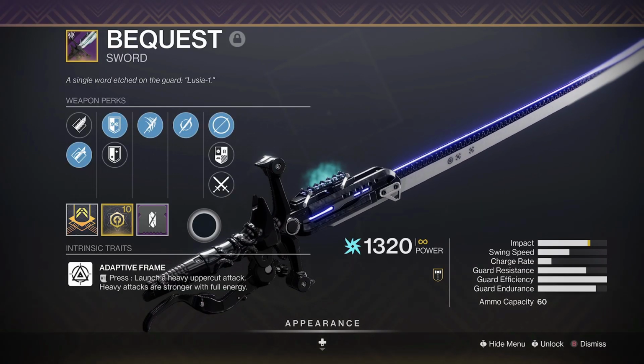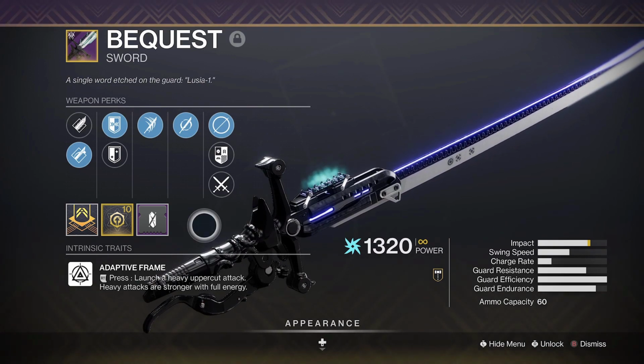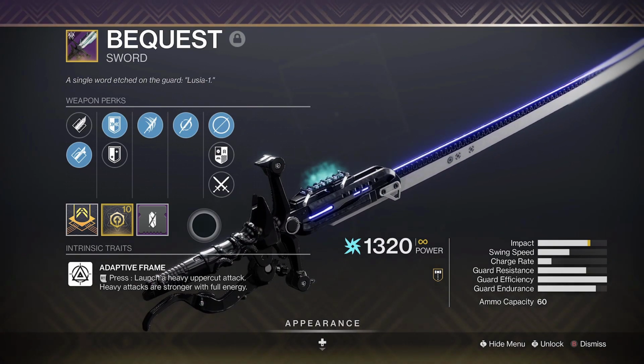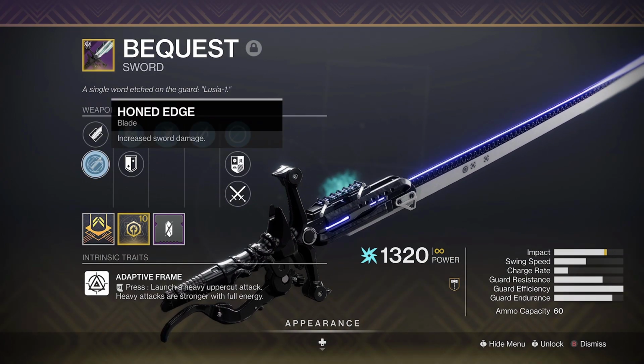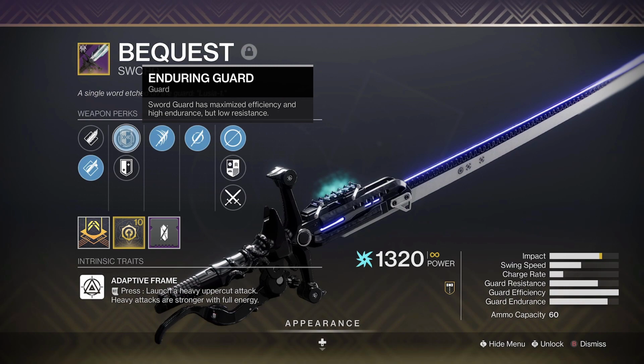As we said earlier, Bequest is an Adaptive Frame sword, which means you can launch a heavy uppercut attack which is significantly stronger with full sword energy. I've got Honed Edge, which gives a flat bump to its base impact, and Enduring Guard to boost its guarding